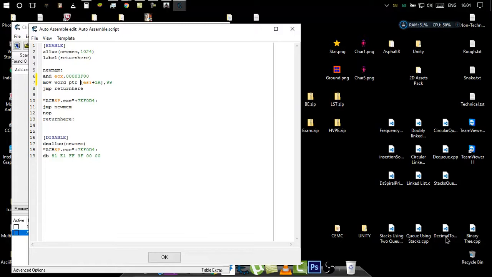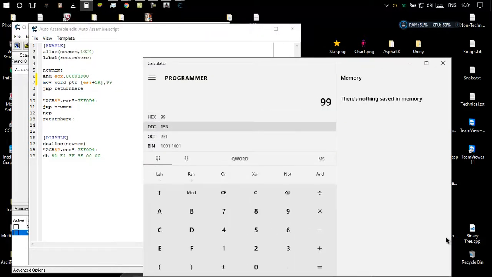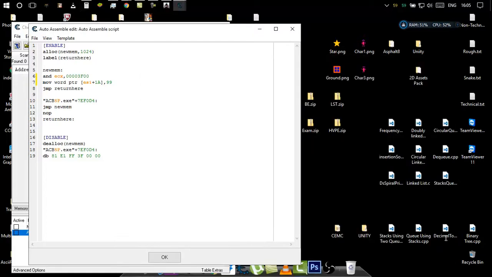That's it. I want to move a value of 99, which is hex 99. That means it's binary, that is decimal equivalent. Let us see, 99 hex implies 153, or else let us make it into